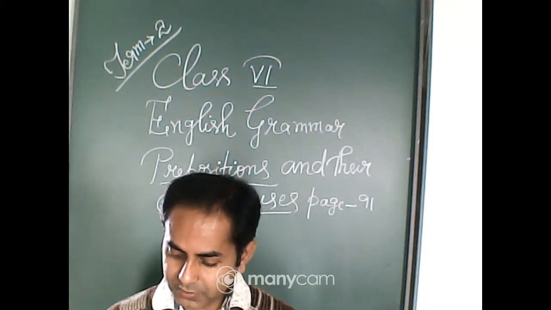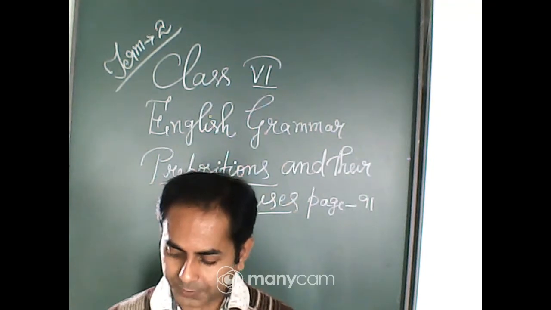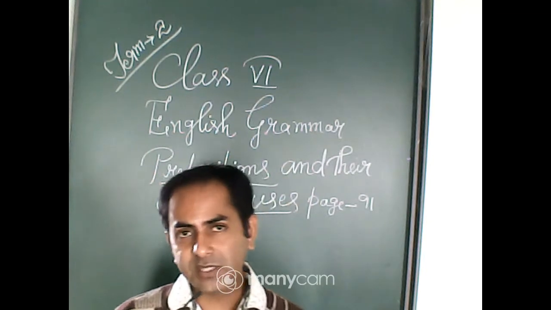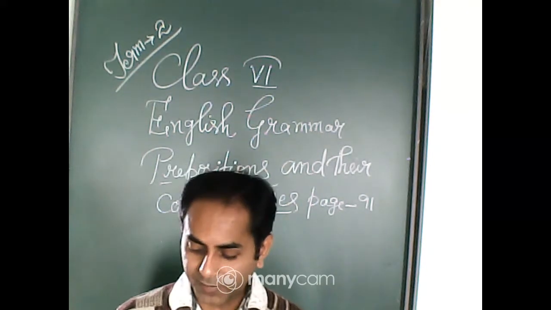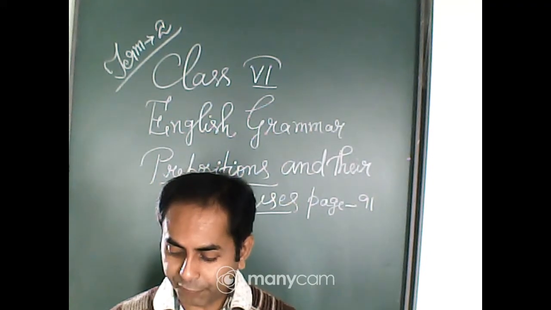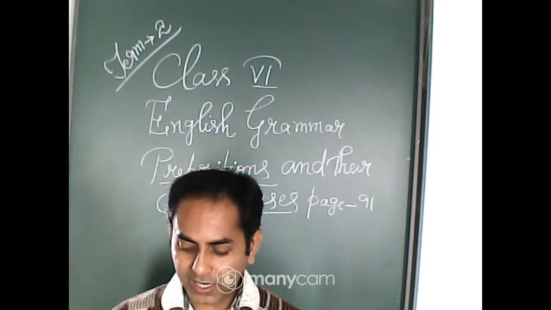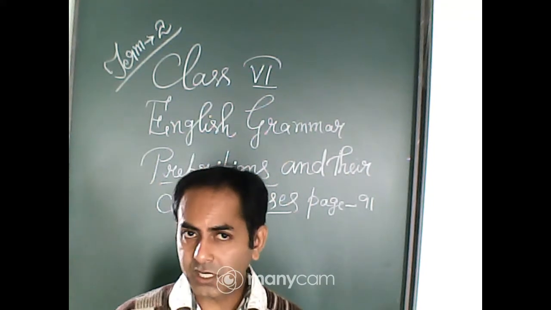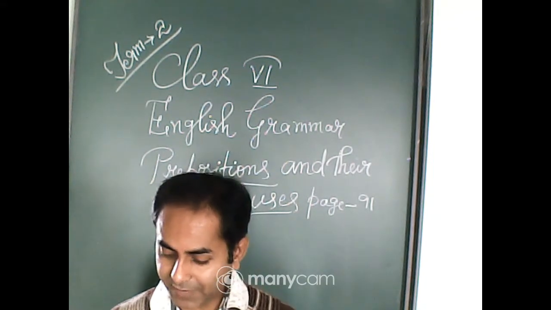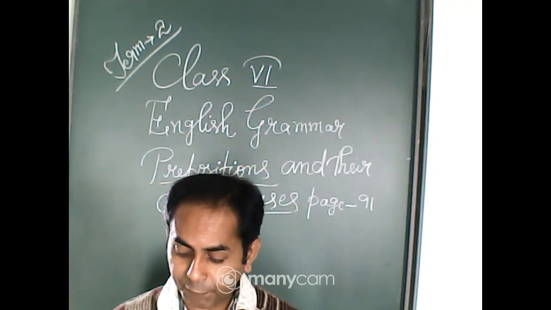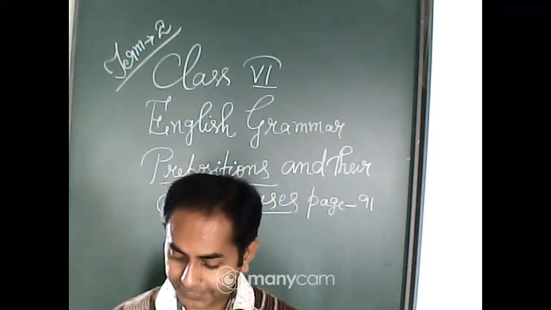Where were we? Yes, "The girl stood beside her mother" indicates at the side of. It can be the left side of the mother or the right side of the mother, but next to. "The mall is beside the office complex," so it can be on either side of the office complex. It can be just left side or right side, it doesn't matter. Now, besides can be used to indicate different things.